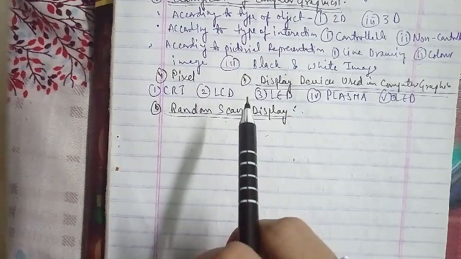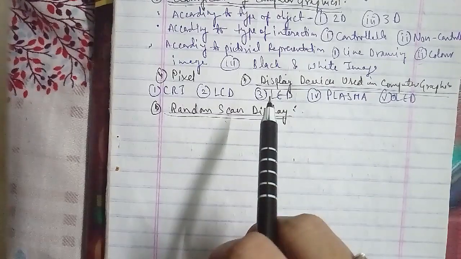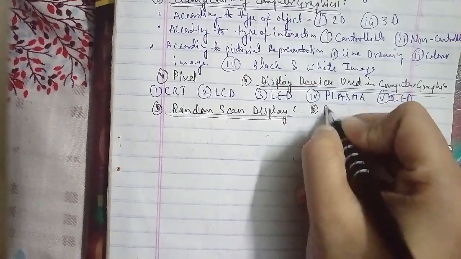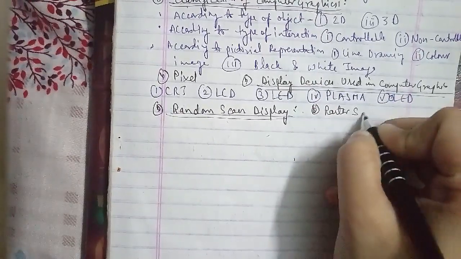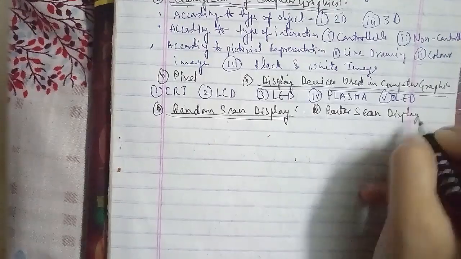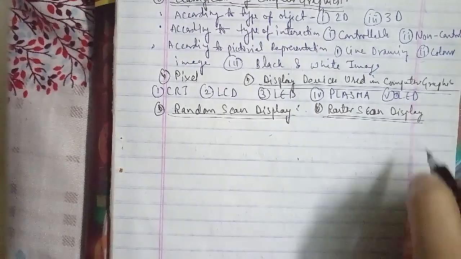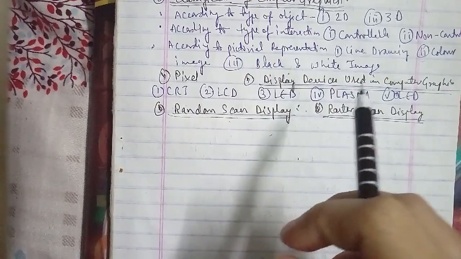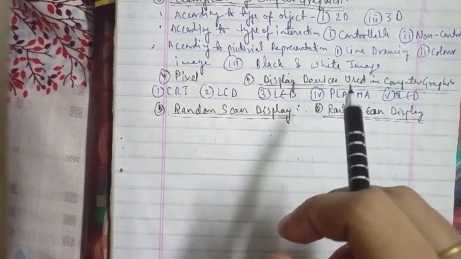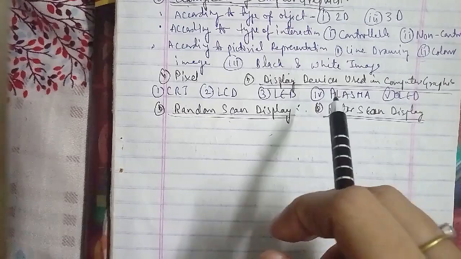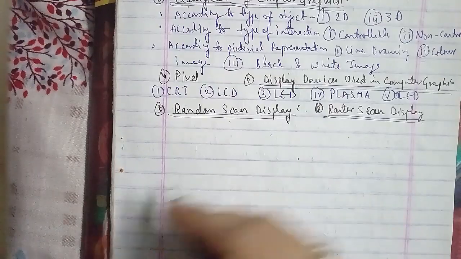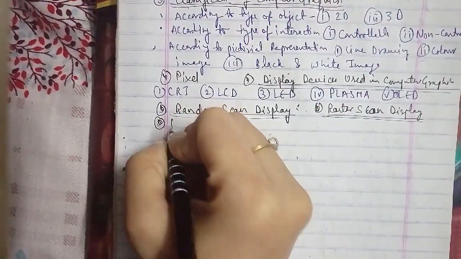Now we'll talk about the other one, that is, define frame buffer. A frame buffer is a memory area in which the picture is stored in the form of pixels. The other question is to define video controller. A video controller is used to control the operation of the display device, and it receives the intensity information of each pixel from the frame buffer and displays it on the screen.